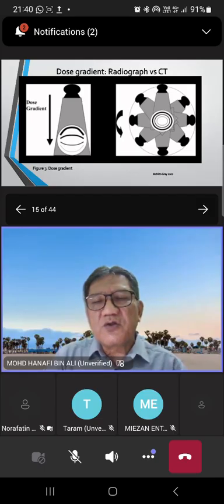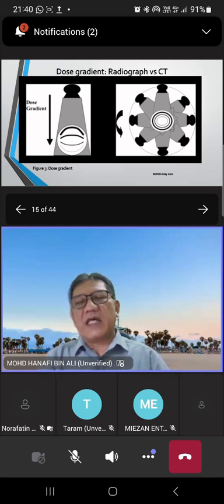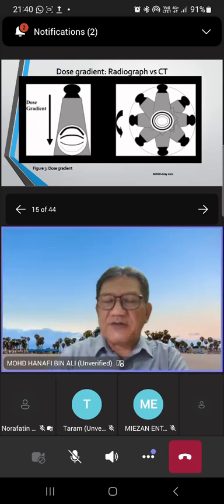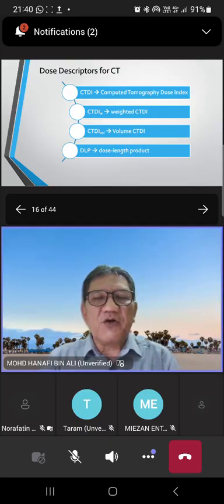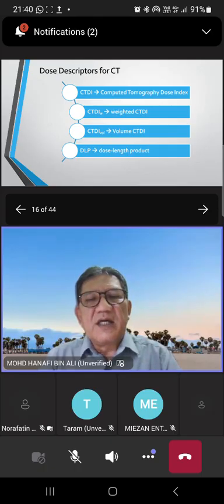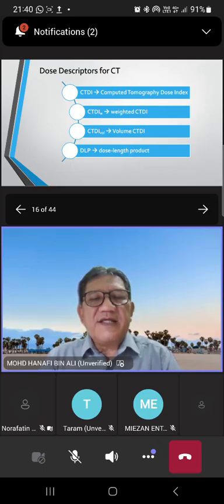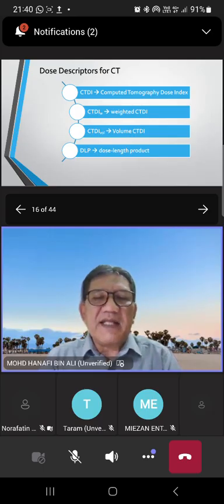But for CT scan, throughout the circle, the radiation is absorbed by that structure or object. Now the terminology they use in CT scan. Have you heard of CTDI? Have you heard of CTDI weighted, CTDI volume, and DLP? These three, if you cannot remember everything,